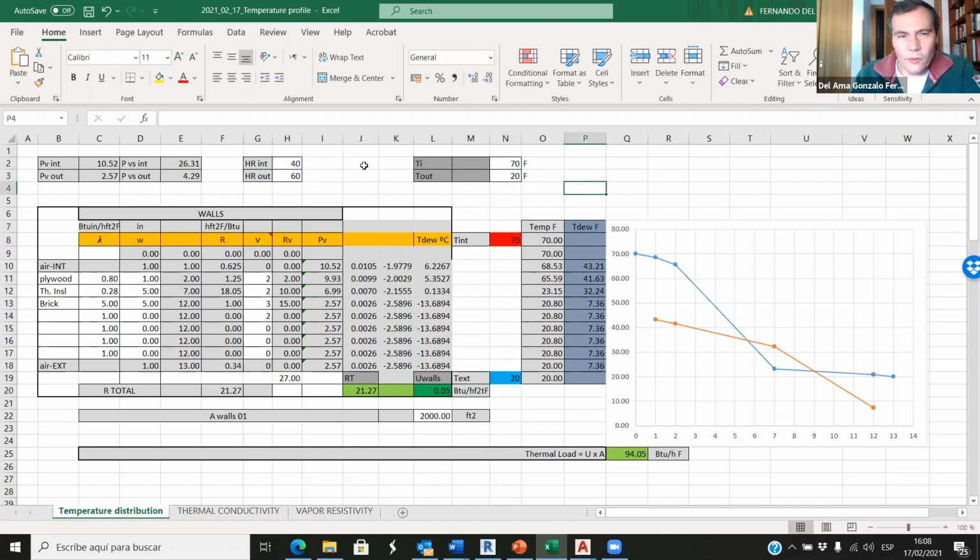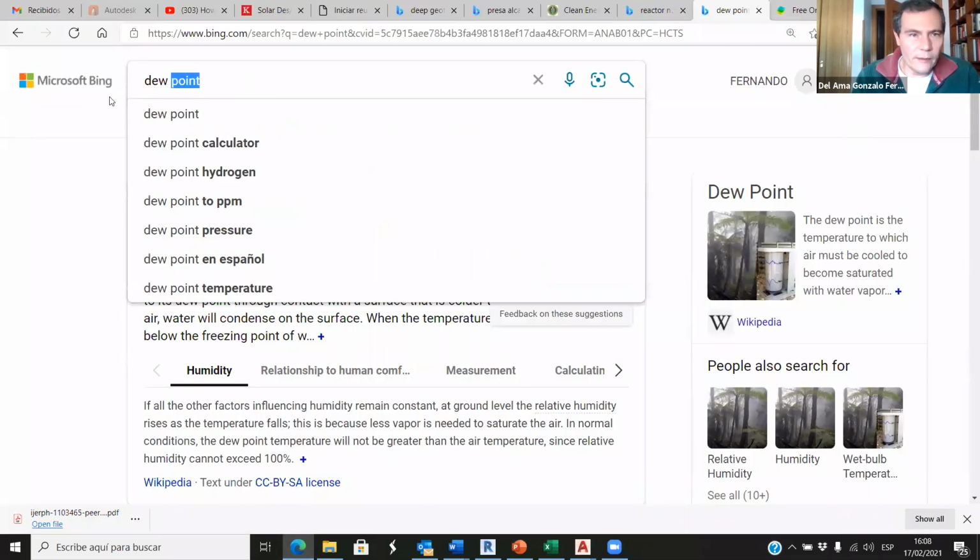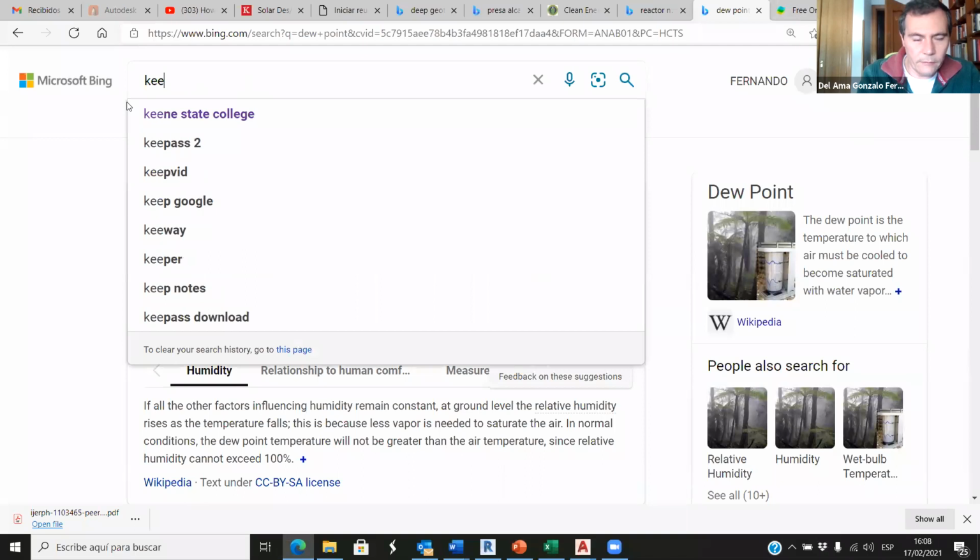So here we can control this. Then we have the outdoor temperature and the outdoor relative humidity. Where can we find this? Well, I showed you a lot of websites to calculate this. So let's say Keene